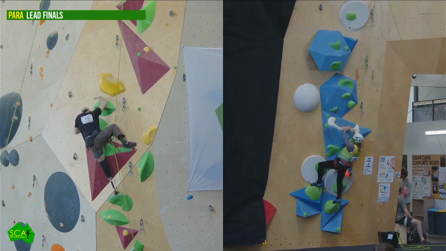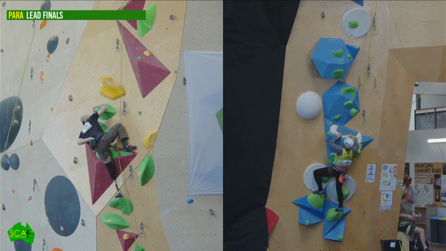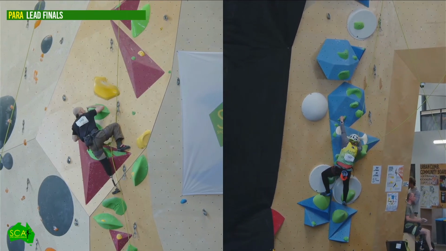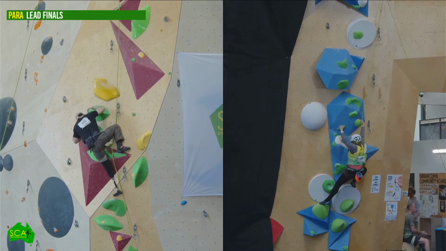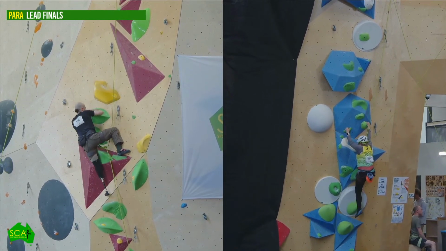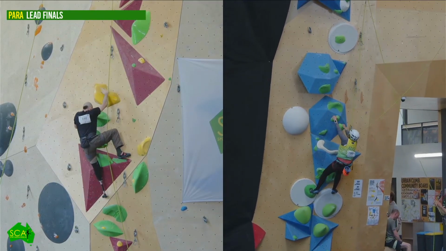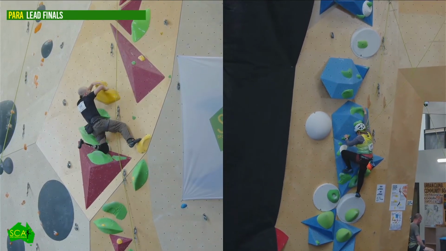Sam's just got to get through these. Pinch there, just trying to find that break. Nice, good rest spots. Found a great little arm rest there. Hit that yellow. The yellow is quite positive. Well, it's big, but it might be quite sloppy actually. As soon as I saw him put his hand in there, I thought, maybe not as positive. It is a full hand, though.